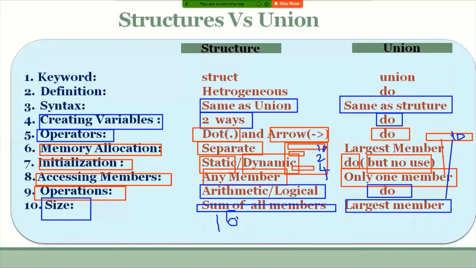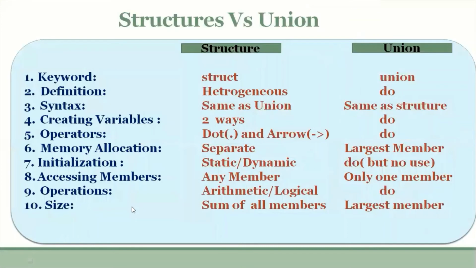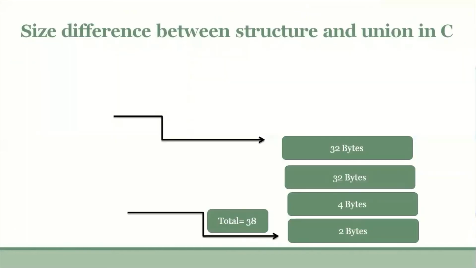That is about the 10 marks question. If you write these 10 points, and with the help of these 10 points explain structures and unions with an example program, you can write even an 11th point, that is the example program. You can score 10 out of 10 marks very easily. I hope the difference between structures and unions is clear to you all.